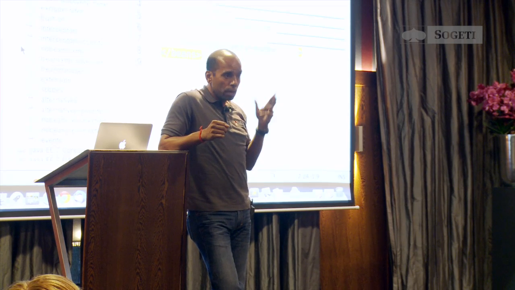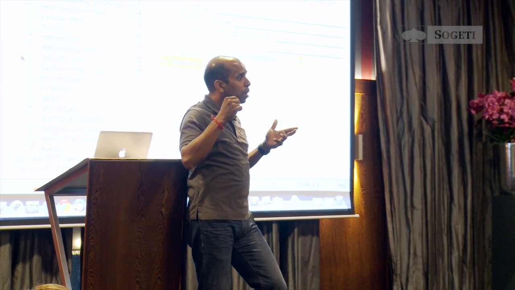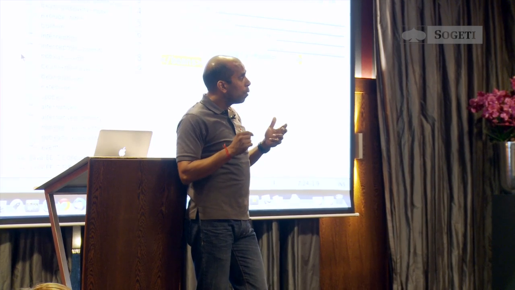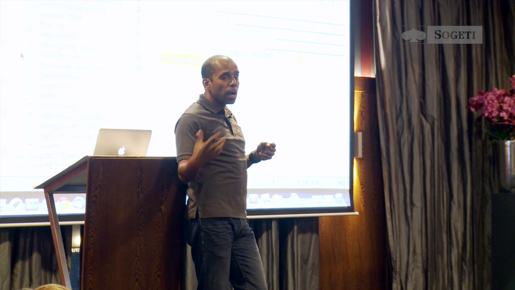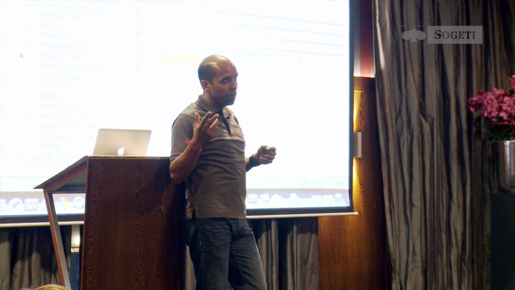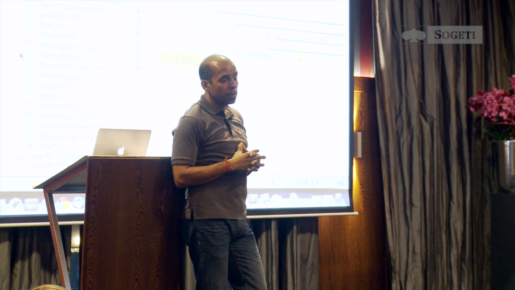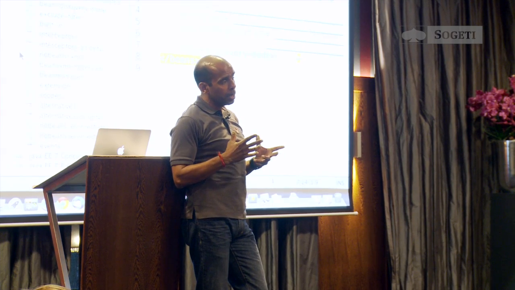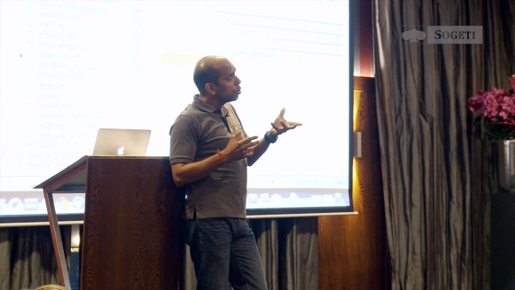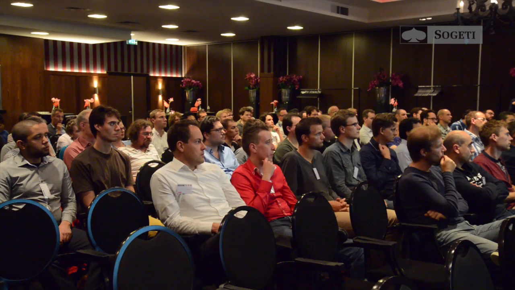What if you're bundling a jar file which has an interceptor? In which order would that be called? What if there is an extension library that has an interceptor? How would that be called? What if a platform is providing an interceptor? So that global ordering of interceptors was missing. So now CDI has introduced a new annotation called Priority, and using that, you can do global ordering of interceptors very clearly. Let me show that.